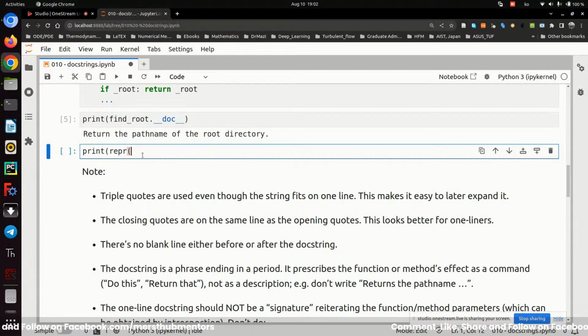So here I will call the function. I would just write the function name, find_root, but I'm not calling the function. It's not taking any input, no argument sent in. Just write the function name and then call dot, and then you call your dunder method doc. Now, if I run this code,